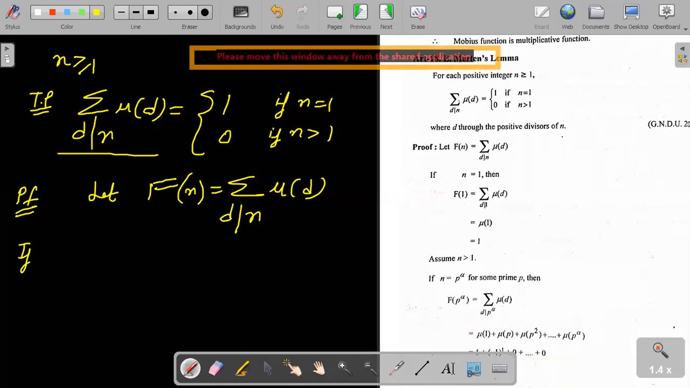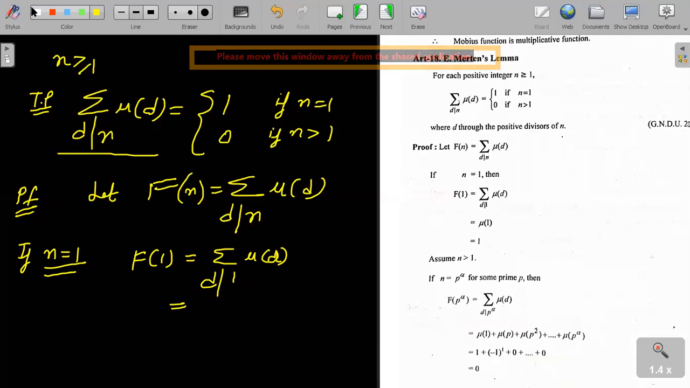सो लेट अस टेक फर्स्ट केस, इफ n इज इक्वल टू 1, तो f ऑफ 1 क्या हो जाएगा, दिस इज समेशन d डिवाइड्स 1 म्यू ऑफ d। बेटा मुझे एक बात बताओ, 1 के डिवाइजर्स कौन से होते हैं? 1 itself. सो हमें क्या करना है, हमें सम लेना है d के ऊपर। d क्या है, वो नंबर्स जो 1 को डिवाइड करते हैं, बट 1 को तो एक ही नंबर डिवाइड करता है, तो इसका मतलब यहाँ पे क्या आएगा, बस म्यू ऑफ 1। और म्यू ऑफ 1 हमें पता है कितना होता है, 1। सो यू सी इफ n इज 1 वी गेट आंसर इज 1।